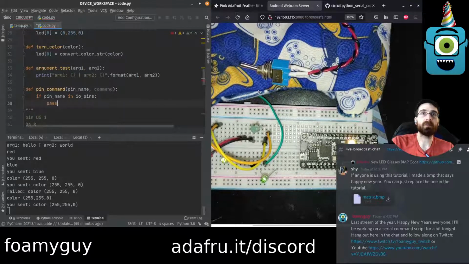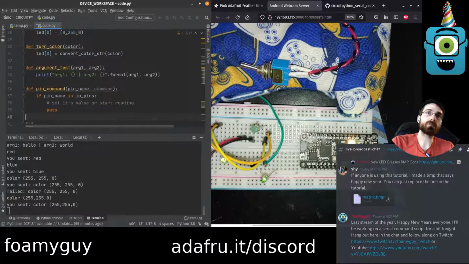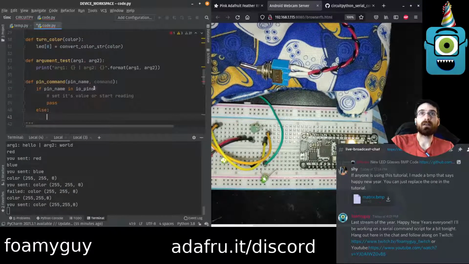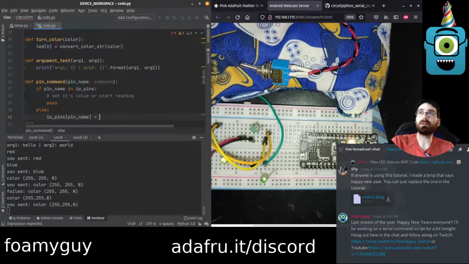So I'm going to put pass for now, and I'm going to put set its value or start reading. We need to check command and see if it's a 1 or a 0 or an R. But I actually want to do the other branch of this. Else, if it was not in IO pins, then we're going to add it. IO pins pin name is going to be